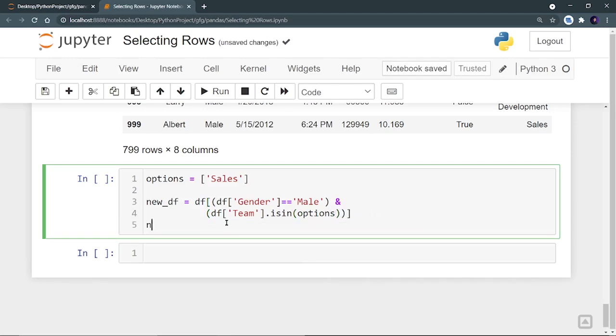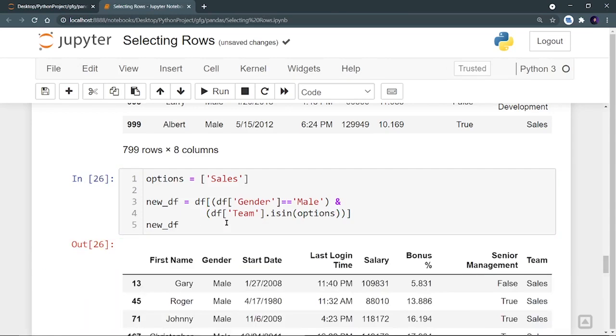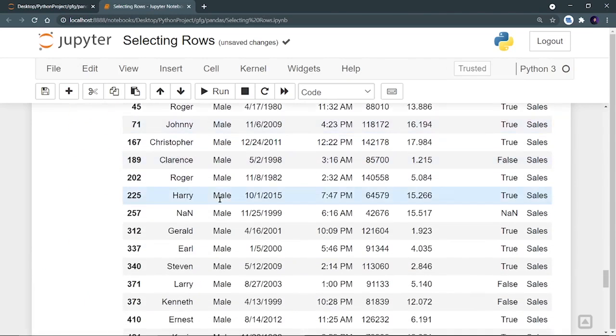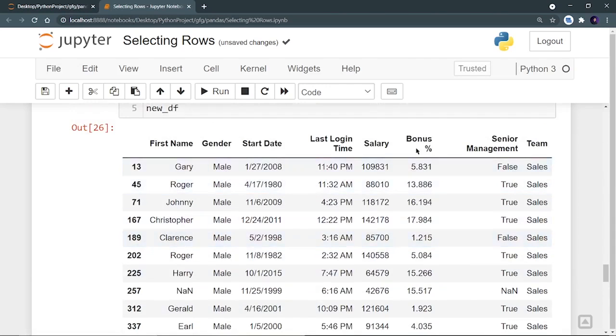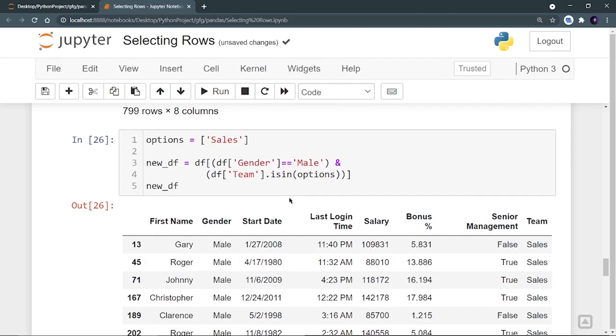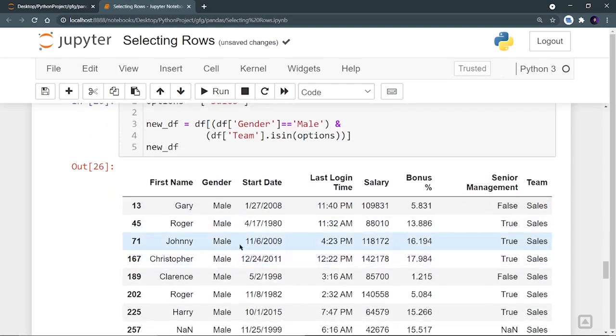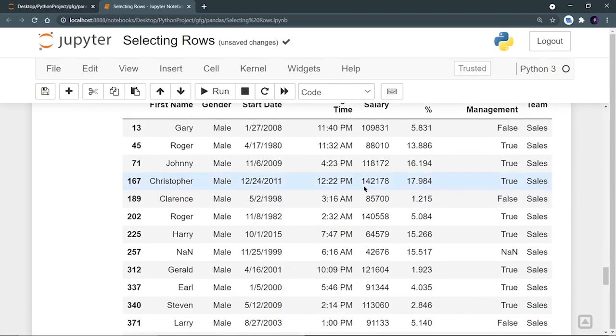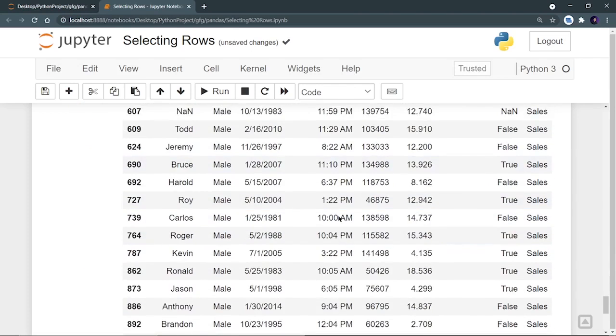And I will print this new data frame, and we can see that all the males and all the people belonging to the sales team are printed. That means both the conditions are getting satisfied, that the employee should be a male and he should also belong to the sales team. So these were the methods of how we can select the rows based upon some conditions.